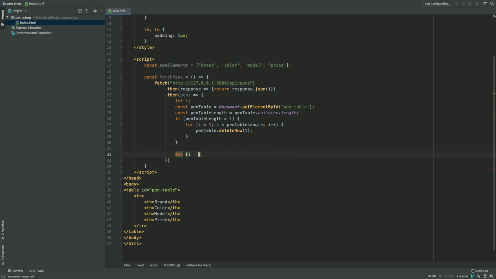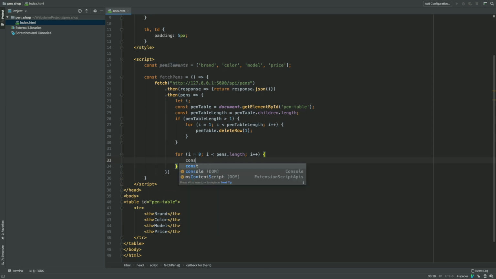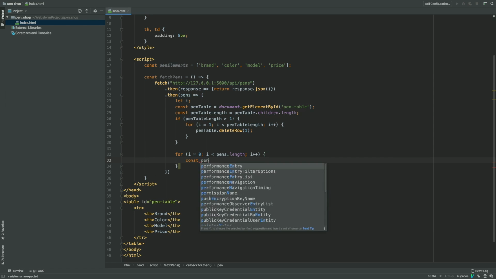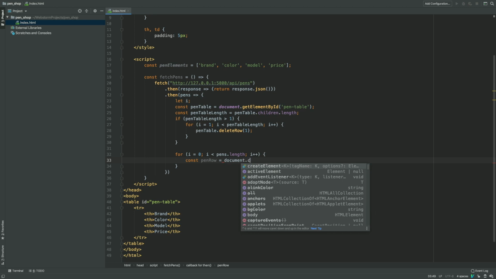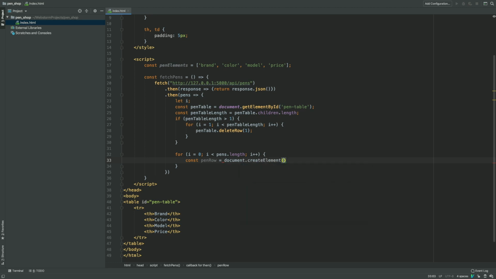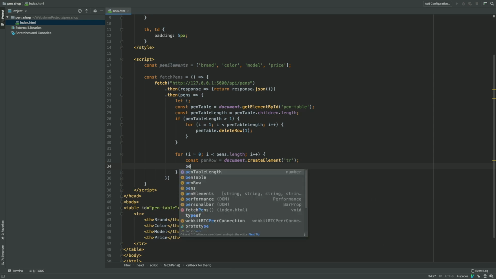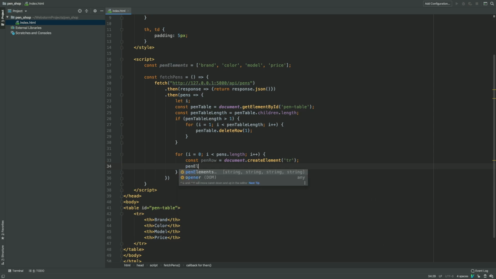So for i equals 0. Usually, traditionally, we always start our for loops with 0. And then i is less than pens.length. And then i++. And we're going to do const again. Whenever possible, you always want to try and use const. penRow equals document.createElement. And here we're going to create a table row. All right, and then we're going to do penElements